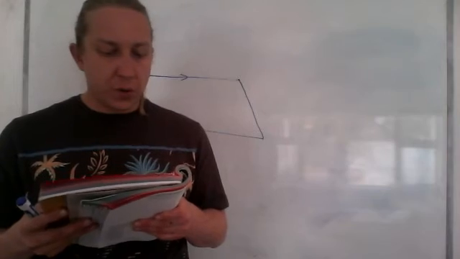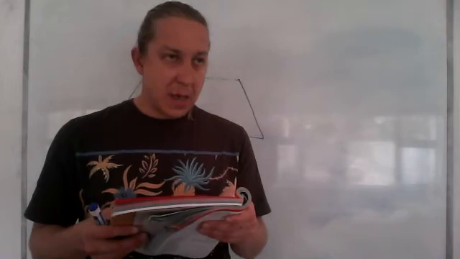Okay. So PQRS is a quadrilateral. It is not drawn according to scale. Angle P equals 2x, angle Q is 80, angle R is x plus 50, and angle S is x plus 30. Number one,